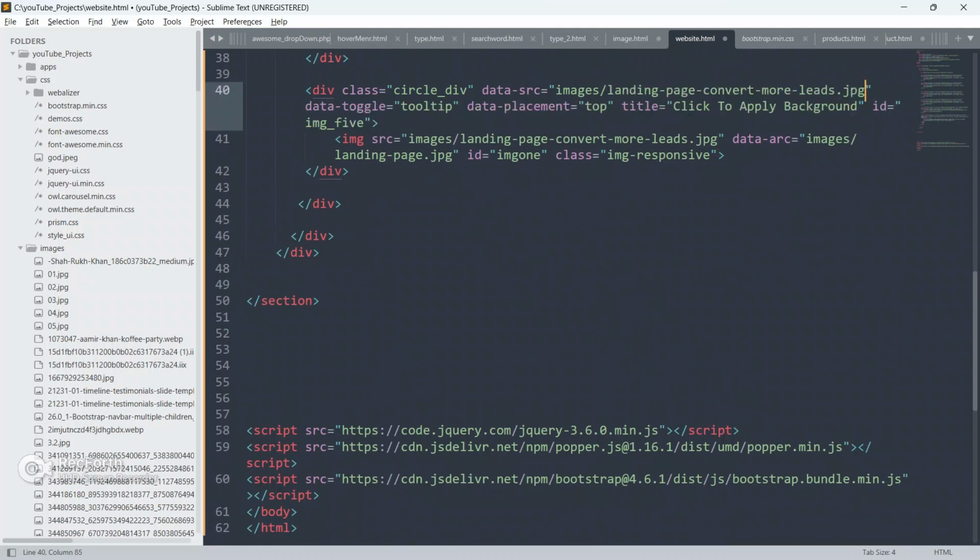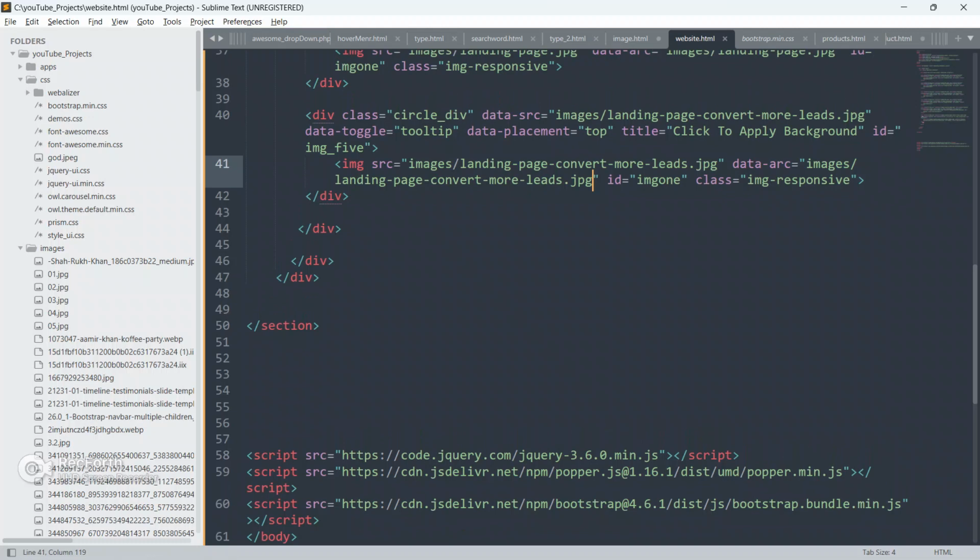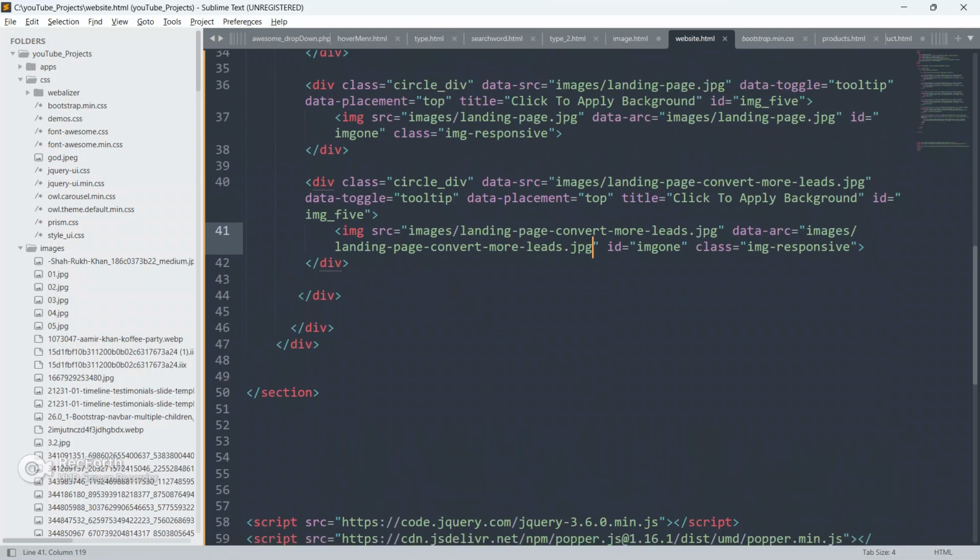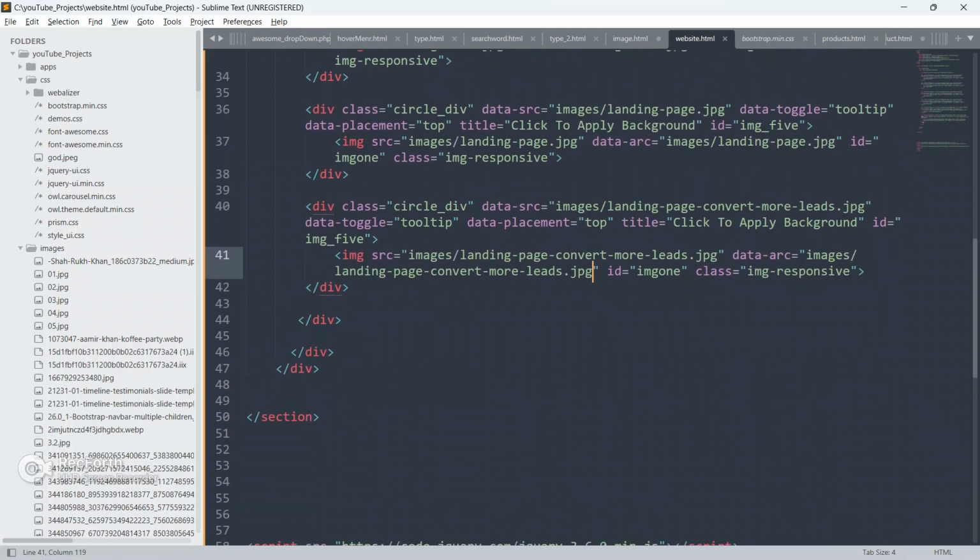Change here also, and change here also, and change here also, data src, and make this ID as 6.